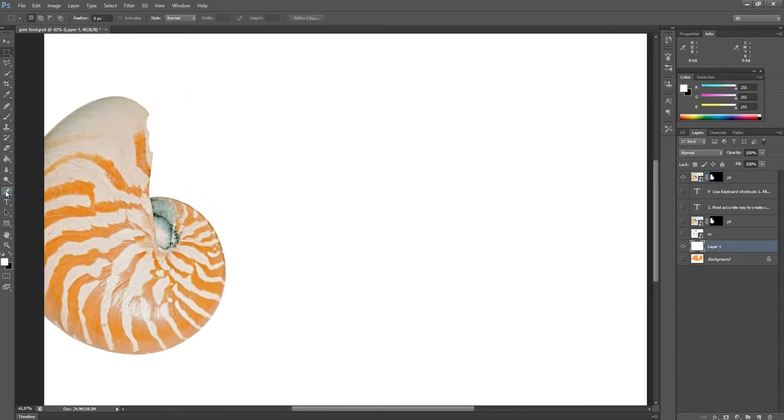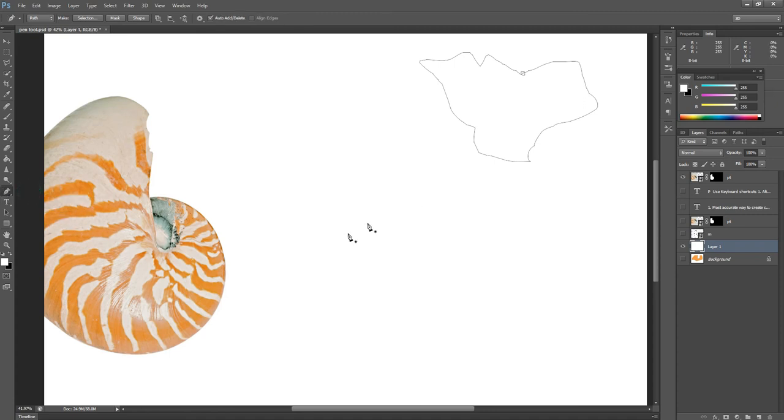In the pen tool we have other options also, so we'll go to the freeform pen tool, which is just a freehand tool. We just draw any shapes and make selections through the pen tool, so it's very easy. Then the next tools are the add anchor point tool, the delete anchor point tool, and the convert anchor point tool. We make all this with shortcut keys, so again we have to go into details.